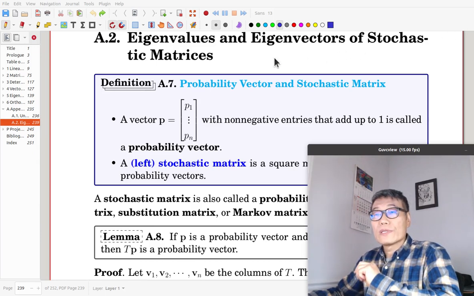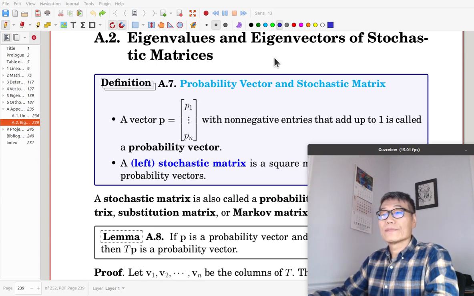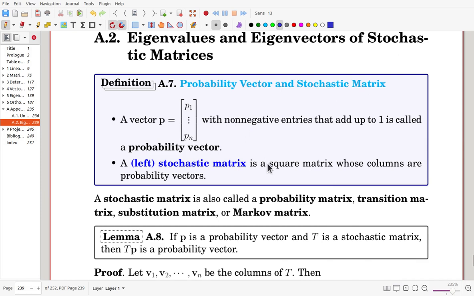Here we'll consider eigenvalues and eigenvectors of stochastic matrices. See the definition. A probability vector is a vector with non-negative entries that add up to 1. For a square matrix, if each column of the matrix is a probability vector, then we call it a left